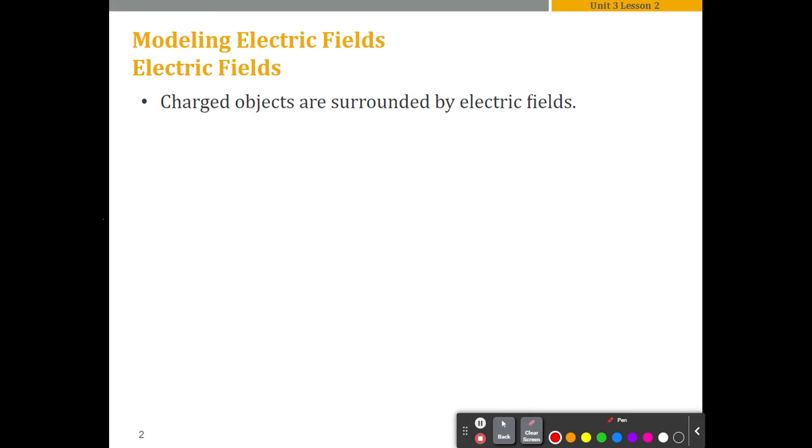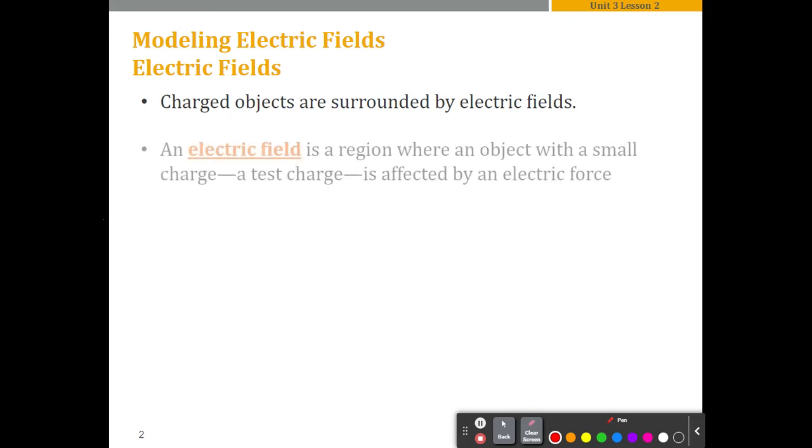Charged objects are surrounded by electric fields. Anytime an object has a net positive or negative charge, it is surrounded by an electric field. An electric field is the space around the object in which a test charge would be affected by the electric force. That means if you put a